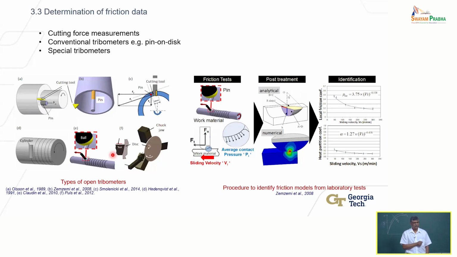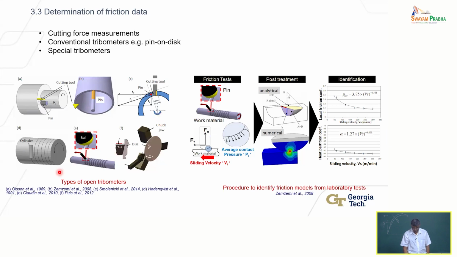So to do that, people have come up with different types of tests where the contact stresses are made very high, because that is the case between the chip and the tool. Think, the chip is very small. It's contacting over a very small area, even though the force may not be high, but it's distributed over a very small area. The contact lengths are very, very small. So the contact stresses are extremely high. So you have to simulate those types of contact stresses, right? And speeds and other things, relative motion.